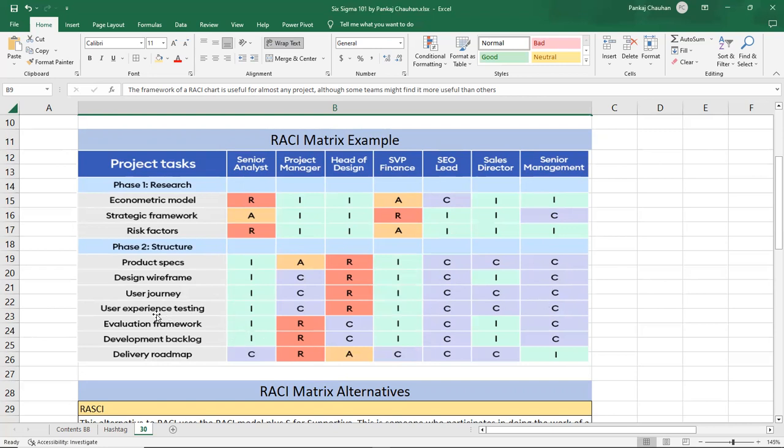The next task is user experience testing, or UAT. The senior analyst will just be informed, the project manager will be consulted, but the head of design will be responsible for that. The senior vice president of finance will be informed, the SEO lead will be consulted, and the sales director and the senior management will be